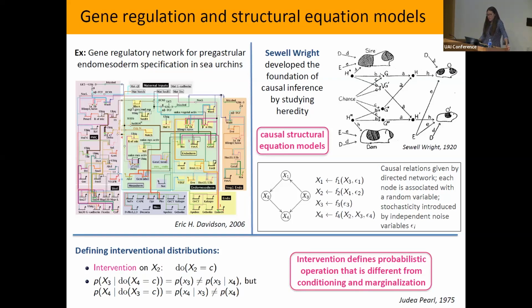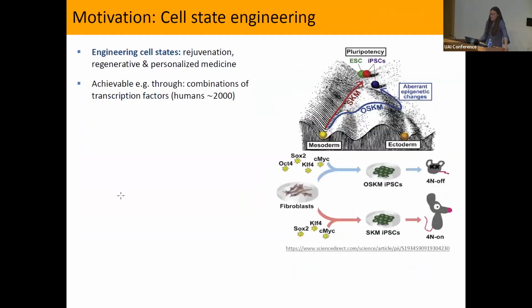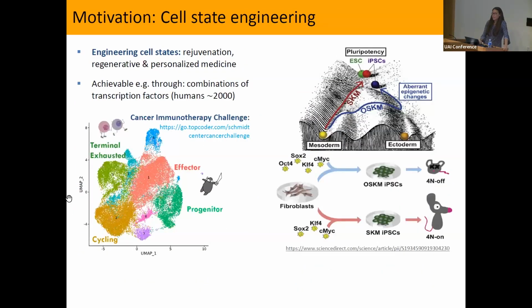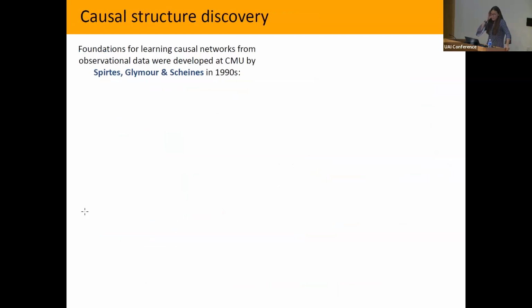Okay, so you could think that, of course, in biology, I don't know this underlying network. That's the whole difficulty. So maybe, because I have such 20,000 dimensional cells, right? In every experiment, I can actually give you 1 million of these cells. So maybe if you have 1 million cells, maybe then you can learn this underlying causal network. And then from there, try to predict what is the best intervention to do in order to move these cells to a different state. Okay, so that leads to causal structure discovery,